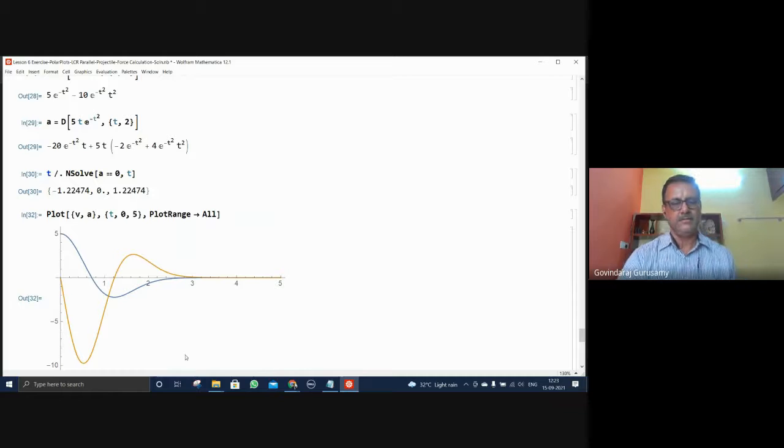Then you can see where it goes to 0. And what is what? How do I know? I don't know what this one is. What is this curve? So what do I do? I make a plot, the simplest thing. I'll make one red and the other blue, so that I